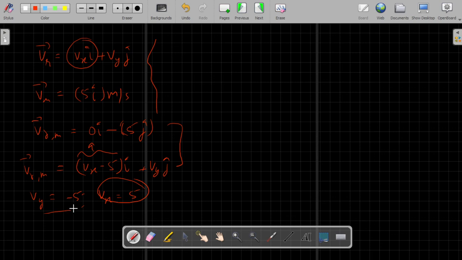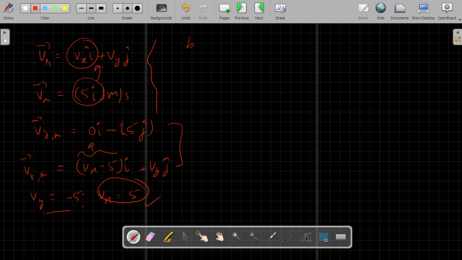And this is what we observed in question number 1, that when the man and the rain are moving with the same horizontal velocity, then the rain appears vertical to the man. And since the rain already appears vertical to the man, that means the man's horizontal velocity straight up gets transferred to the horizontal velocity of the rain, which comes as the answer.